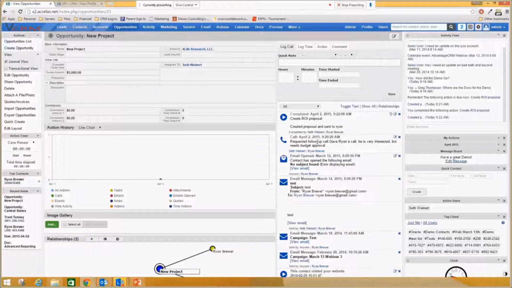So if you had multiple people working on it, let's say you had 5 different contacts that you were working with, this would show you all their interactions. It's a great way for you to get a really good view of everything that's going on with an opportunity. But you can see all the interactions. I talked with Mr. Brewer one day, the next day I talked with another individual, and the next day I